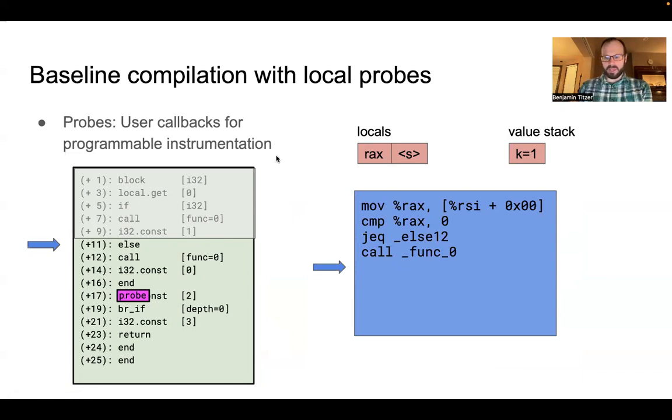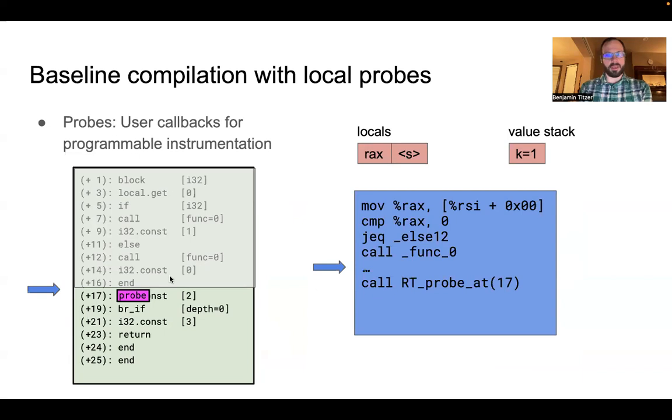When we're compiling, we can just insert a call to the runtime at that location. Since we're doing single pass compilation, we don't need to put anything on the IR, so it's not that much work. And in fact, all the code before the probe instruction will be unaffected. You'll get exactly the same code. And then when we do hit this, we effectively are going to dump all the registers into memory and then